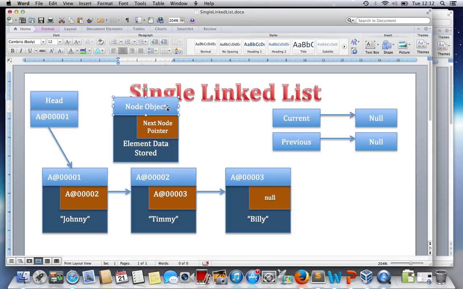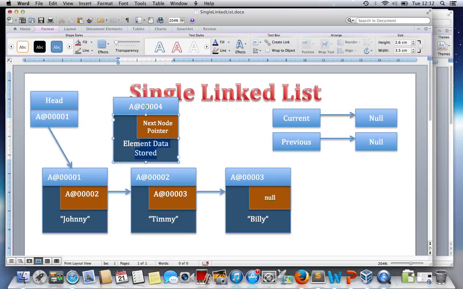So it has a unique memory address. It's a new node object in its own right, so it's at 00004. Whatever, it doesn't matter, it can be any unique memory address, we don't really mind. Now, we wanted to store a value of, we'll store Mickey. So we've created a new instance of our node object, that's fine. What we need to do now is to insert it into